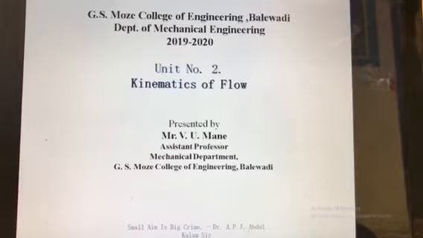So, the first chapter was about the properties of fluid, in which we have seen many properties like density, relative density, specific weight. Then we covered viscosity, types of viscous fluids, means Newtonian fluids or non-Newtonian fluids. Then next we have seen capillarity or capillary rise, then vapor pressure, compressibility, surface tension. And in the second chapter we have studied pressure and various types of measurement devices for pressure.